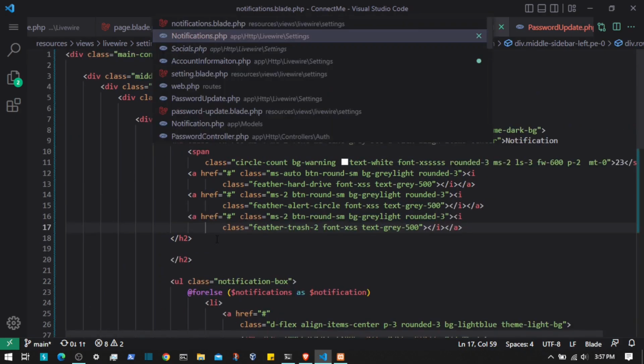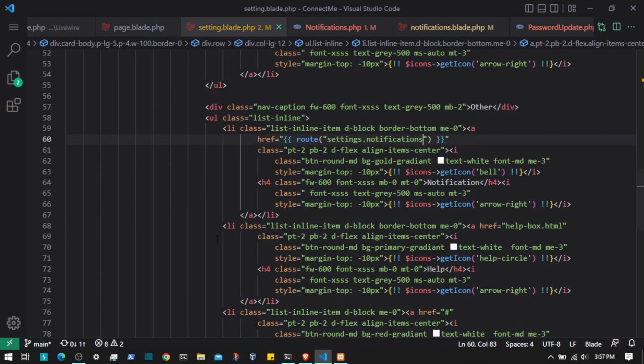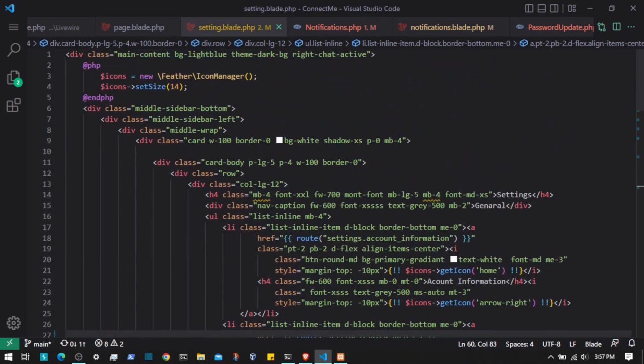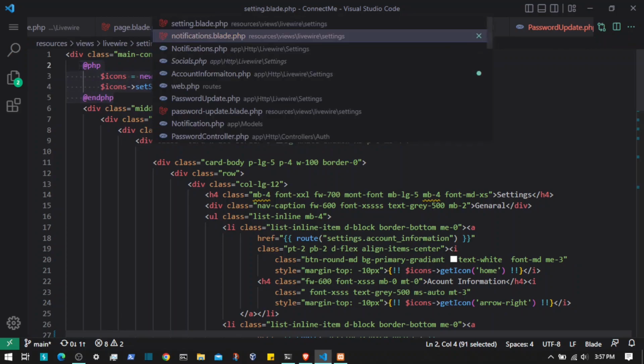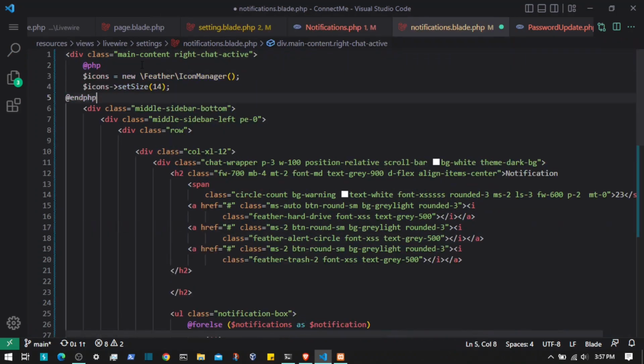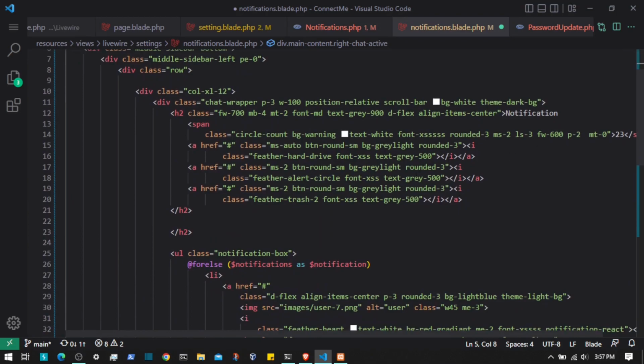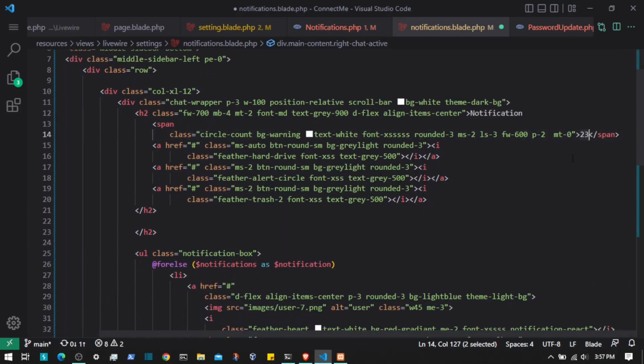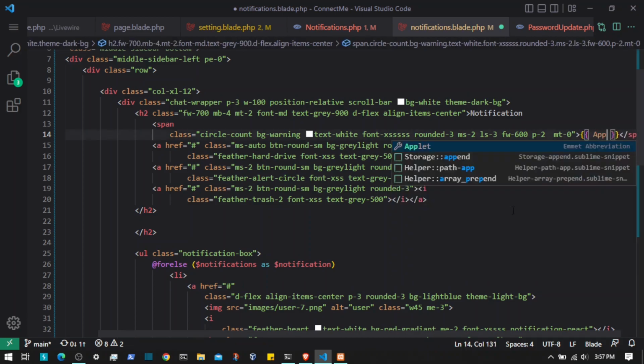So I'm going to go ahead and copy the icons importation from any blade file. Let's say this one. I'm going to copy it from here and then go back to notifications, paste that right here, and alert circle, chat, plex, notifications, and here we are showing all the notifications. So maybe we can add a query for that one as well. Let's say f dash